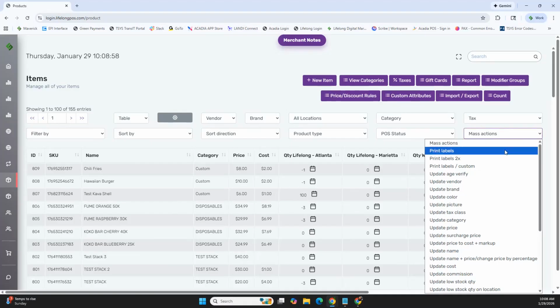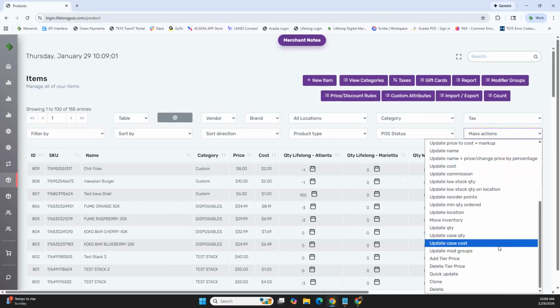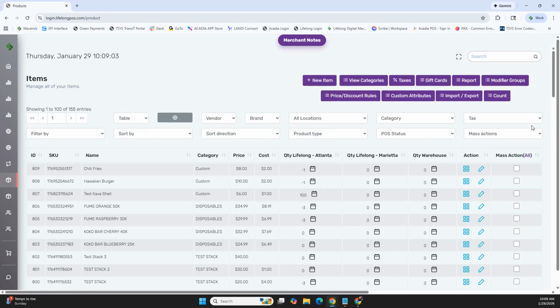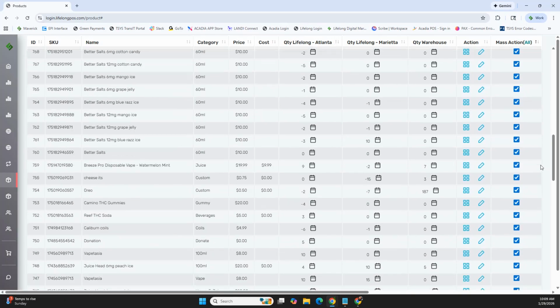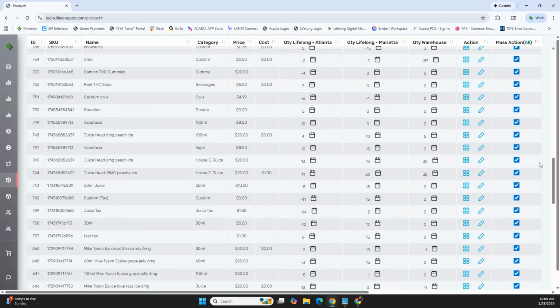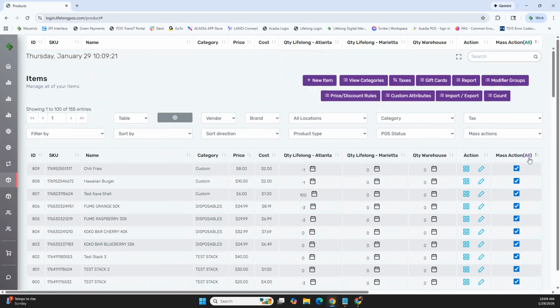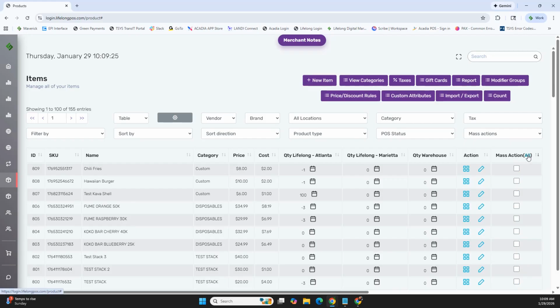And here you have a multitude of things that you can do, right? But first, let me show you here on the right-hand side, you have your Mass Actions tab. You can either click All, and that's going to click all 100 items on the screen. Or you can click All again, and that's going to take everything back off. Or you can just click each item one at a time, depending on what you're doing under the Mass Action